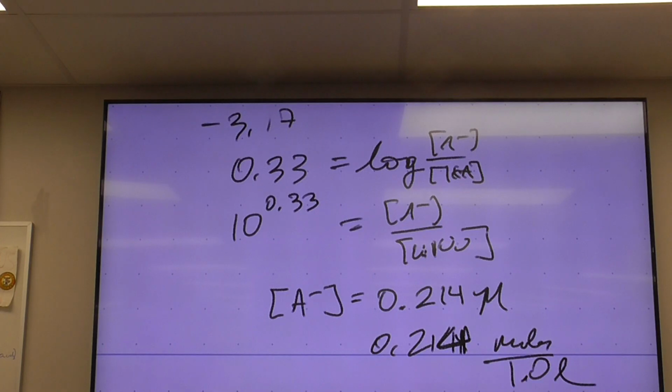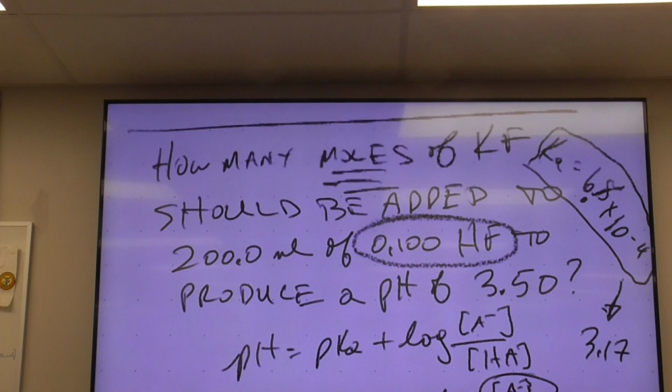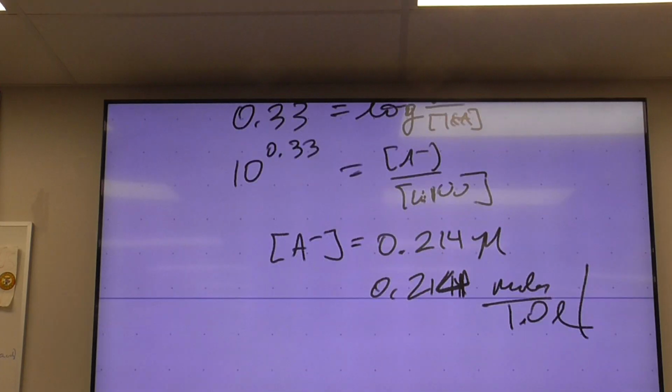Do I want 1 liter? No. What do I want? 0.2. So what am I going to do? Multiply that by the volume, which is 0.2 liters. The liters cancel out. You're left with moles, and you get 0.0428